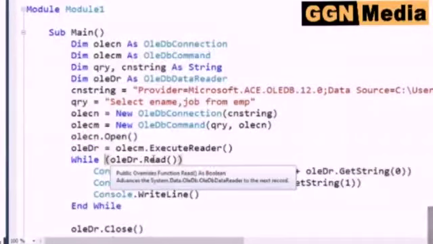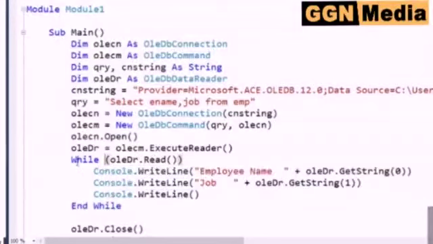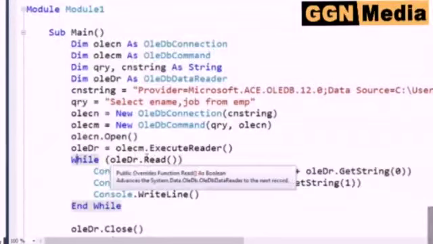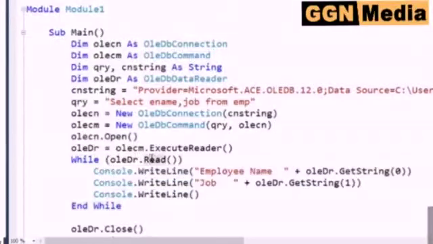Because we don't know how many rows are there in the returned query, we use the while loop, which will be executed until the read method returns false. When the read method reads the next row, it returns true, which means the next row is there. But when it reaches the end of the record set or result, there is no next row to be read. In that case, it will return false. So in a while loop, we write that